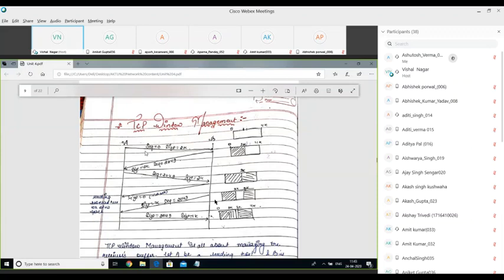Similar to the previous example, we have two hosts, host A and host B, and the first sequence number is 0.